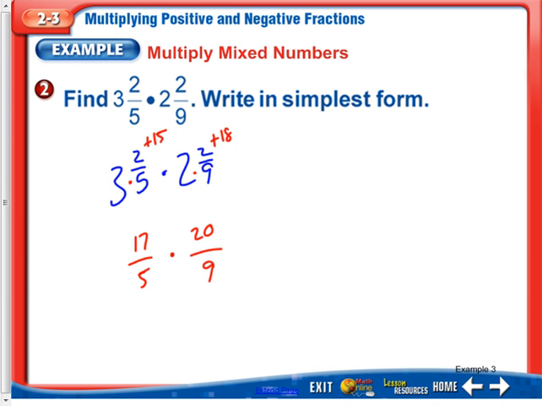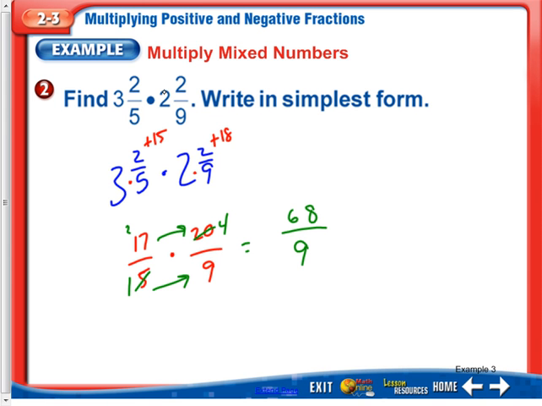Now I can simplify right here the 5 and the 20. All right, so the 5 will become 1, the 20 will become 4, and I can't simplify anything else. So 17 times 4 is going to give me, well, the 4 times the 7 is 28, and the 4 times the 1 is 4, plus 2 is 6, and then the 9 times the 1 is 9. All right, so now if I look in my original problem, the problem was given to me as a